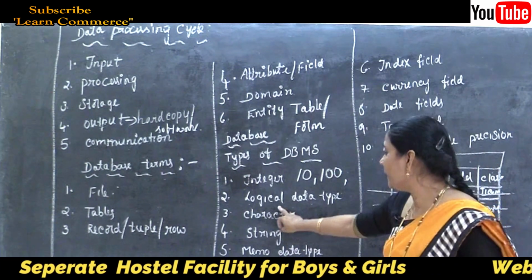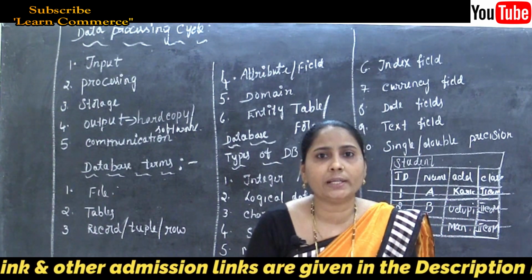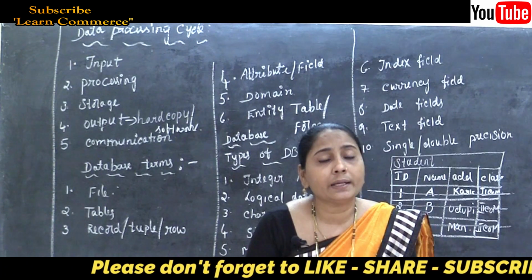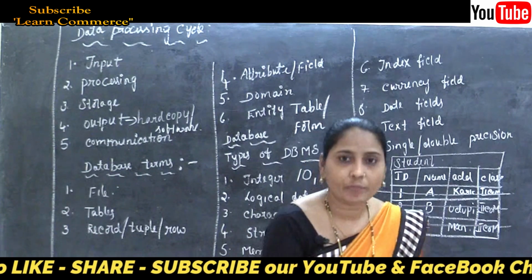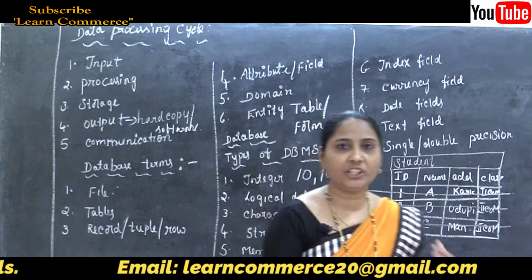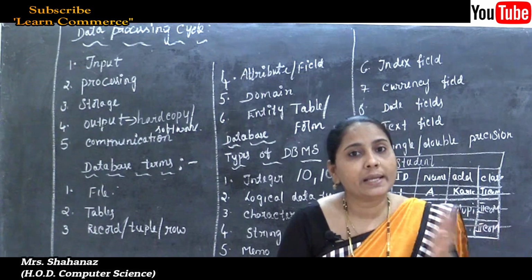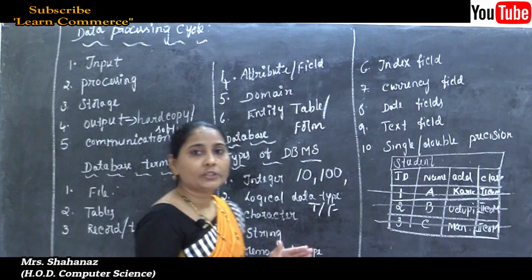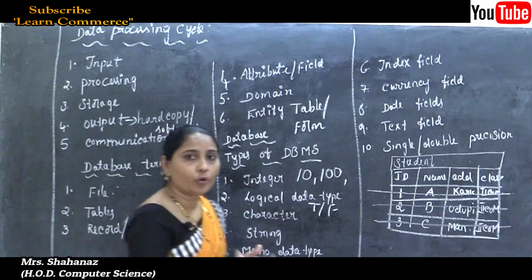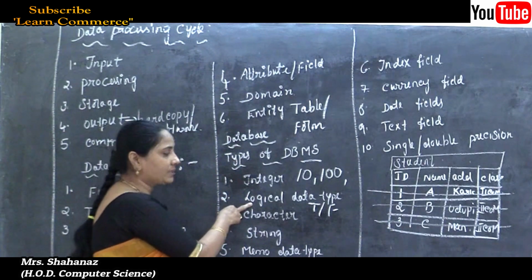And later, the second data type is the logical data type. That means such a data type stores data that has only two values. The values are true and false. Clear this point here? Maybe in some condition you want to show the condition true, or sometimes you want to show the condition false. At that time, while going to create the database, we need to use the logical data type.